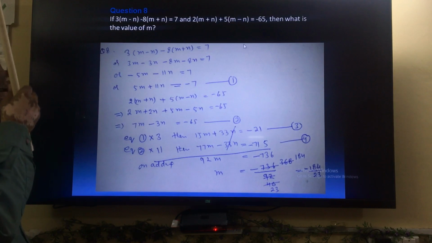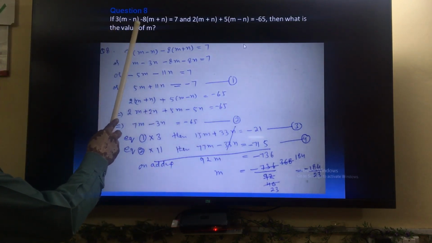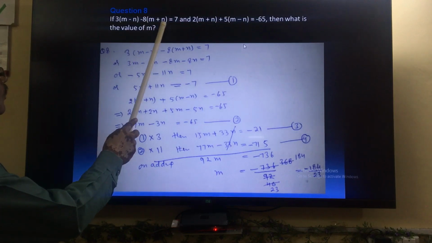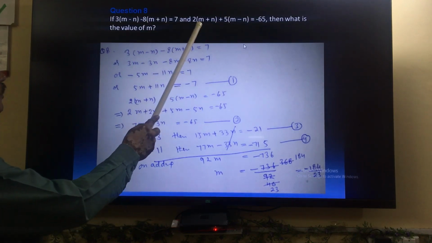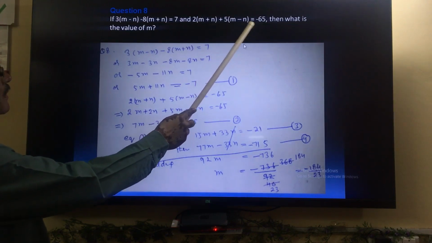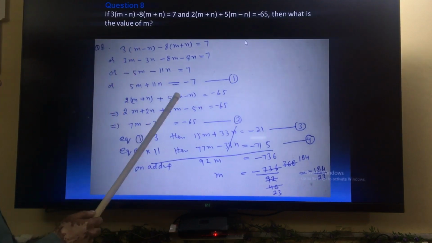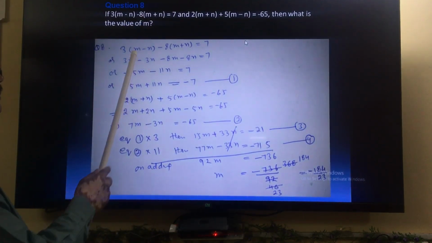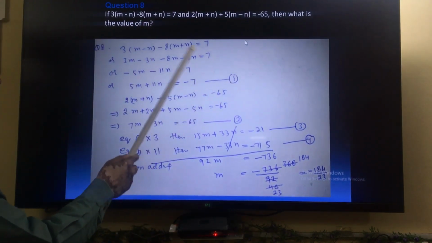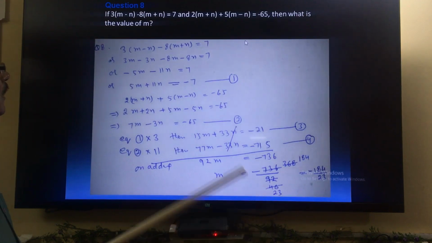Question number 8, there were two equations. First equation: 3(m minus n) minus 8(m plus n) is equal to 7, and 2(m plus n) plus 5(m minus n) is equal to -65. Then what is the value of m? For this there are two ways. One is you can suppose m minus n as x and m plus n as y, and by that you can simplify, and otherwise